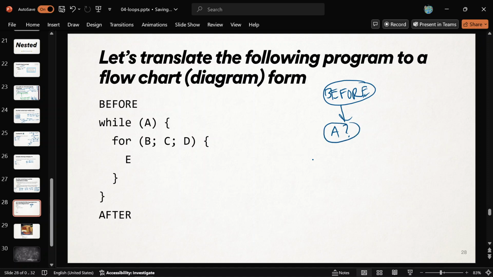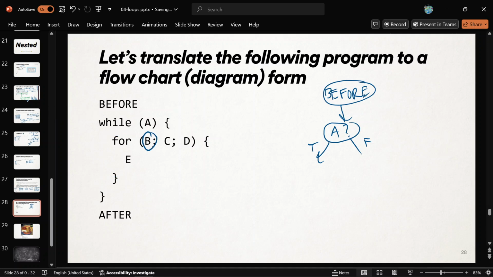A question mark could either be true or false, right? True or it's false. So if it's true, then we're going to run the body of the while loop once, and then come back to check the condition again because maybe it's changed. All right? It's always condition, body, condition, body. So, the body of the while loop involves running a for loop. Oh, no. So, all right, how do we run a for loop?